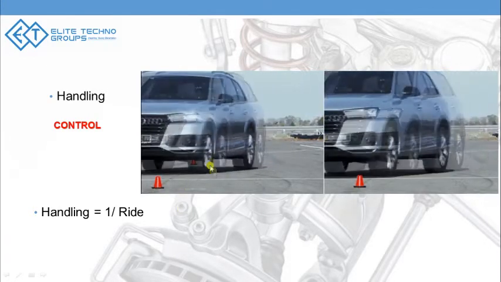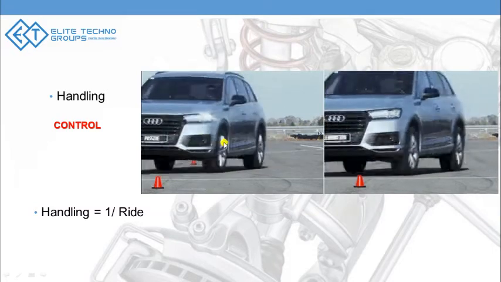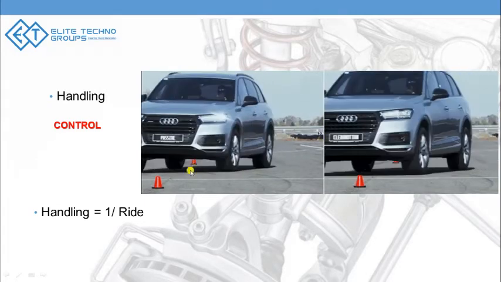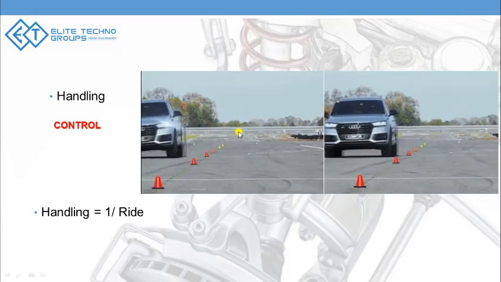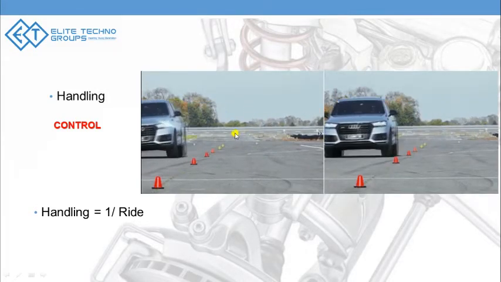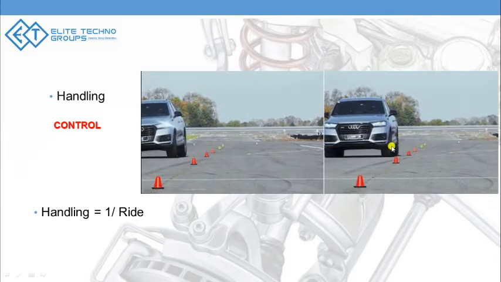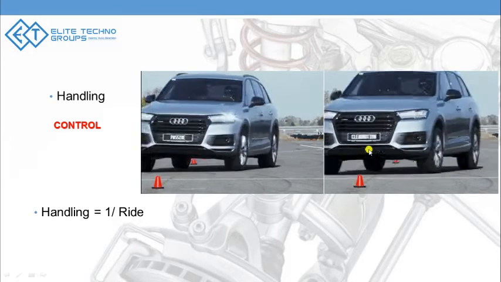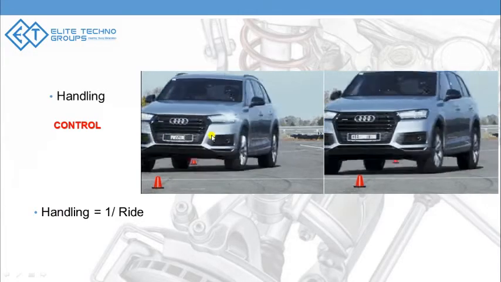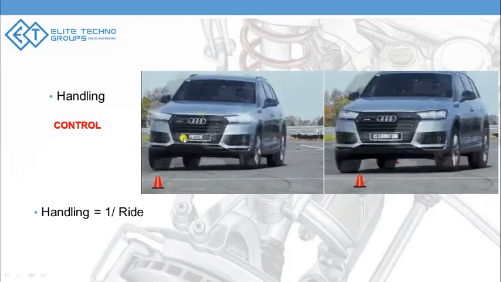If you look at the video to the left, when the driver is taking a sharp turn, notice the inner wheel. The body tries to roll in that direction, which causes the suspension to compress. In the video to the right, you can see that the body is not having a rolling motion. The wheels are intact and it's not causing a compression of the outer wheel. This is what we call better control of the car, because when your car is taking a sharp turn, the inner wheel usually loses the road contact surfaces.